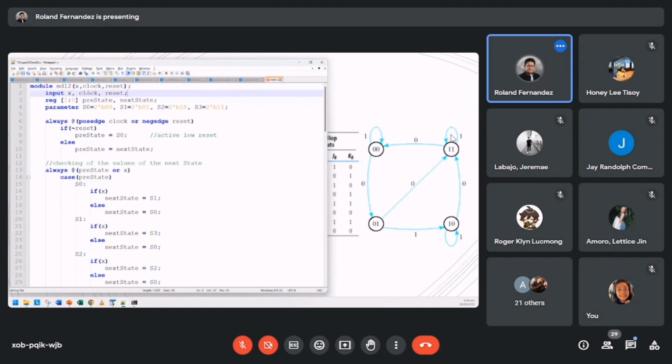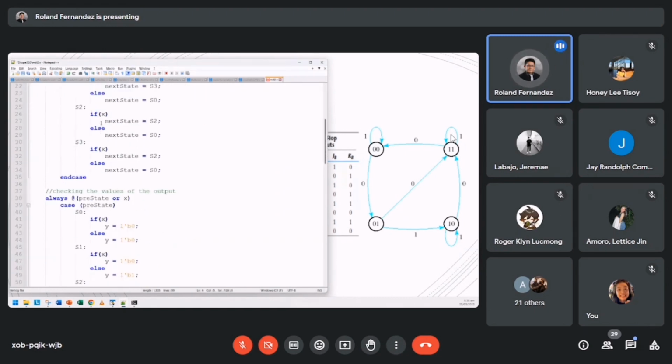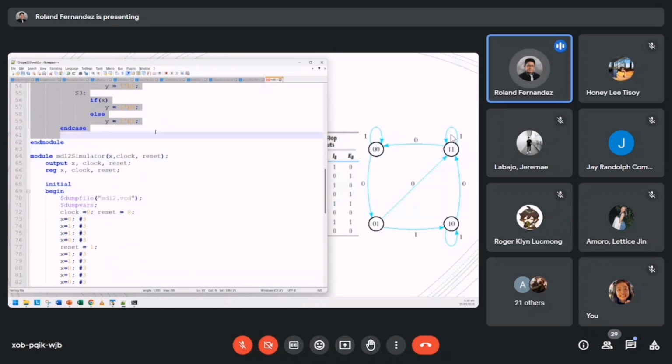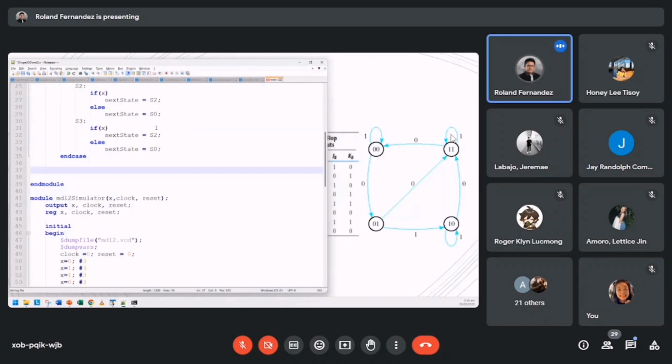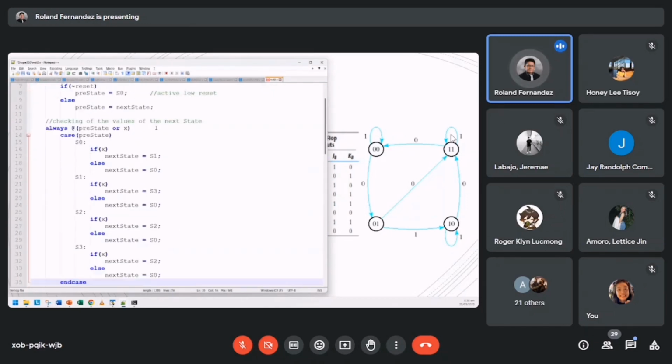For module number 2, the same concerns apply for the clock and the reset, and the computation of the present state and next state. Checking of the present state values, checking of the values of the output, not needed since we have no output values. Okay? So that is all we will change for the next example. So in here, if x is 1, then the next state is 0. Else, the next state is state 1. At state 1, for state 1, like the earlier state 2, if x at state 1